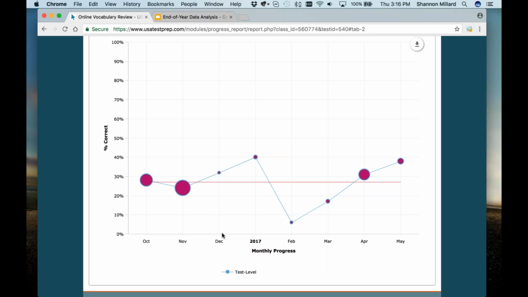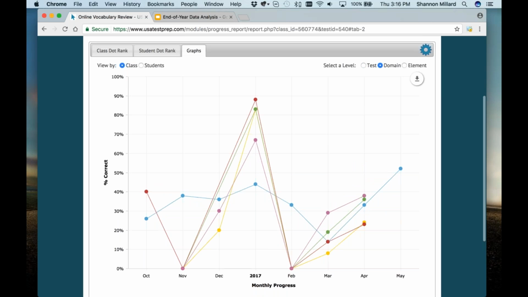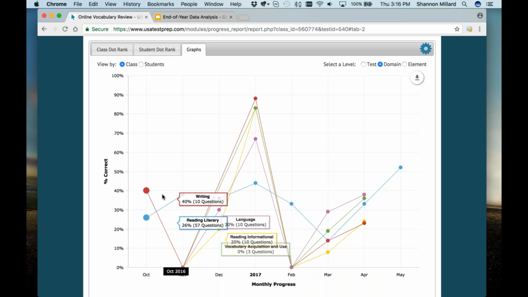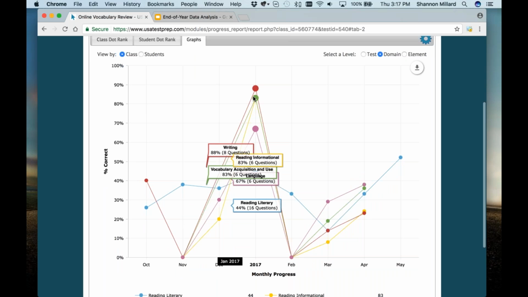You can also filter this down to specific standards. So here in Georgia, every state has different names, but we're based in Georgia, so we call them domains and elements. It might be indicators, reporting categories, whatever it's called for your state. You'll see it there. And so this way now I can actually track each month what these scores were